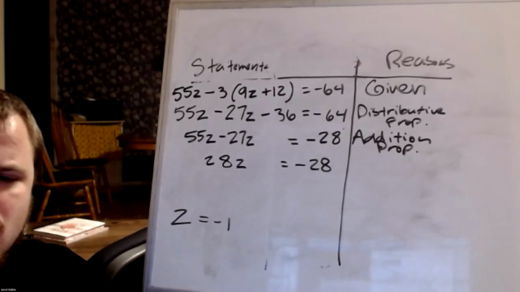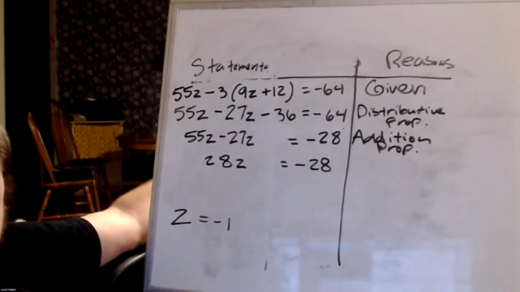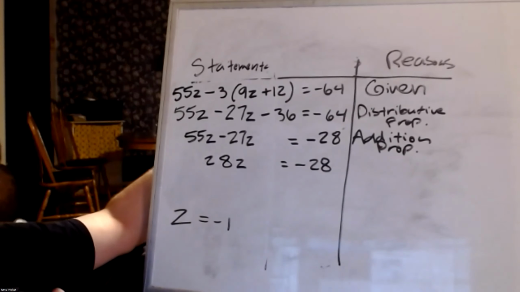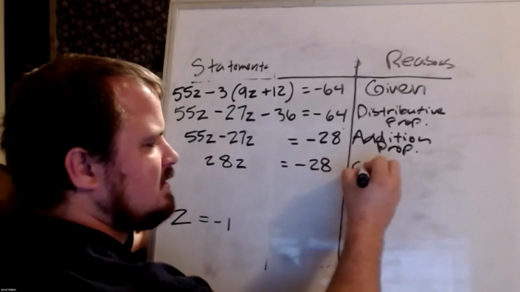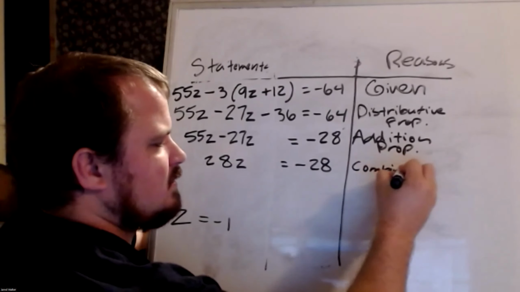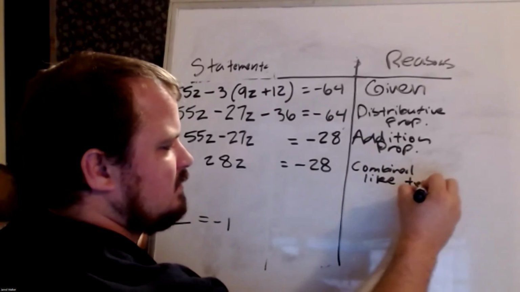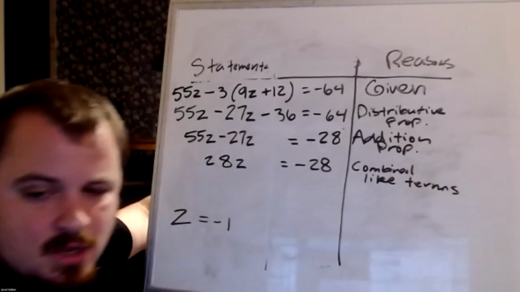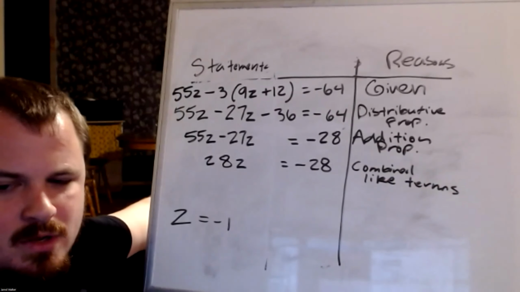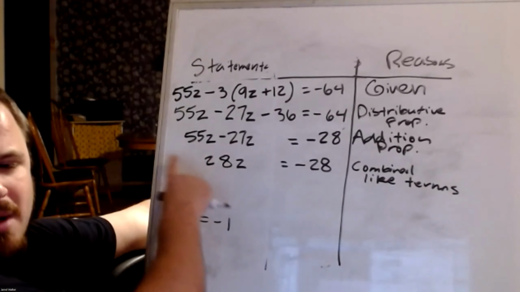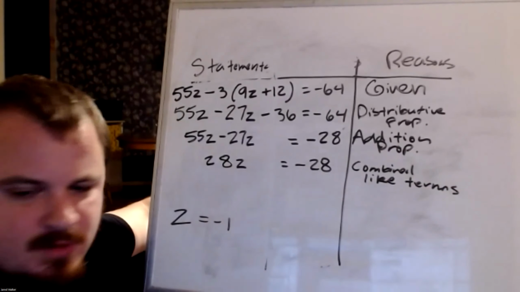Okay, so let me explain it this way. You could do this and it wouldn't be wrong. Okay, you could put something like this. You could say that you combined like terms, and I'd be fine with that. However, when you're writing out a proof and you're using properties,